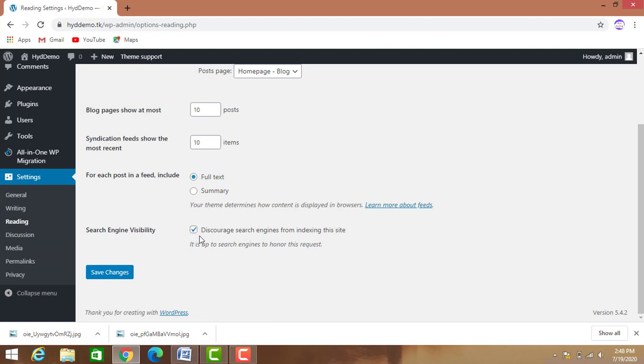You need to tick this box because we are developing the website, so we don't want the search engine to look at this under construction website, so we are discouraging the search engine. After we finish making our website, then we will untick it and save changes. But now we need to tick it, save changes.